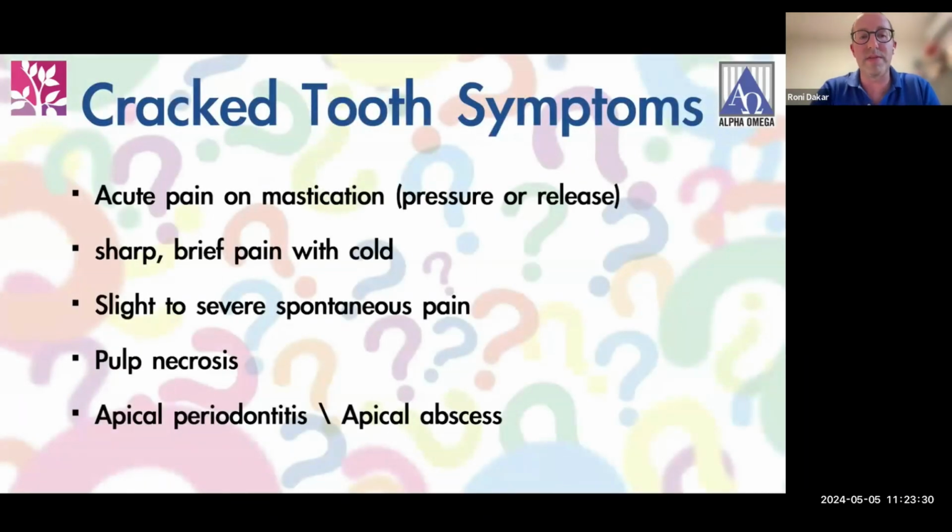So let's start with the symptoms. The symptoms of cracks are highly variable and confusing. We have the entire spectrum of symptoms in dentistry. The most common recurring story is that of a patient who has been to their dentist, sometimes even 2 to 3 dentists, with a complaint that they sometimes have pain when chewing or with cold or hot. The dentist examined, took x-rays, said he or she didn't see anything that is wrong with the tooth. Everything looks fine, but